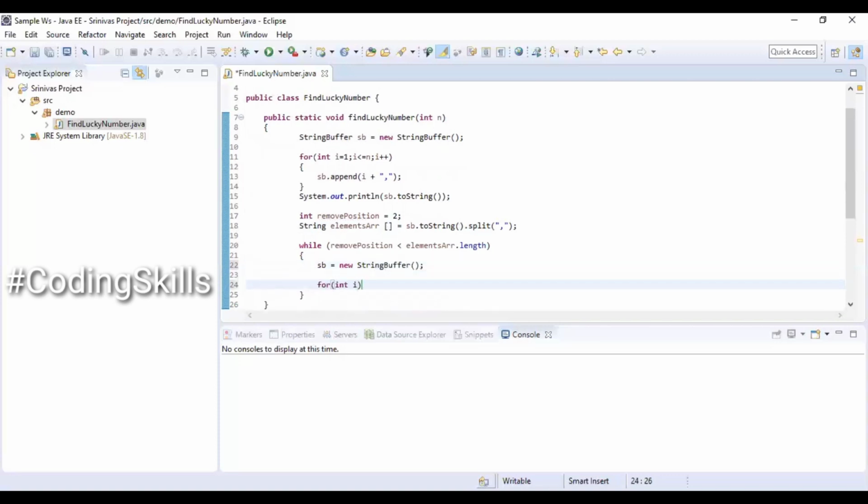So starting a for loop again, for int i equal to 0 and j equal to 1. The condition is i less than elements array length, i plus plus and j plus plus.